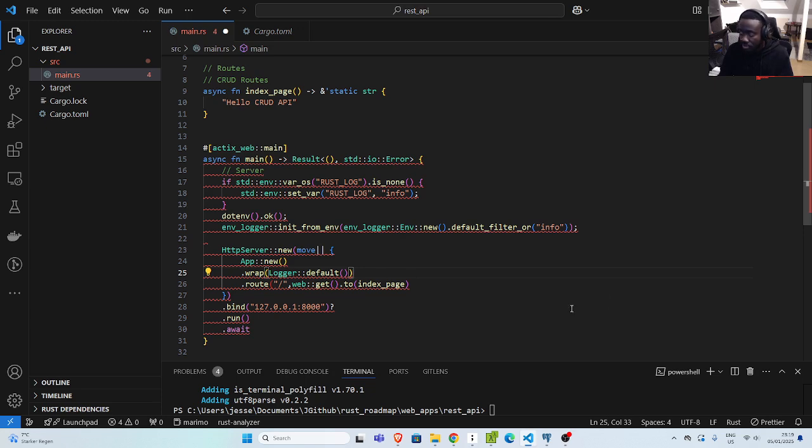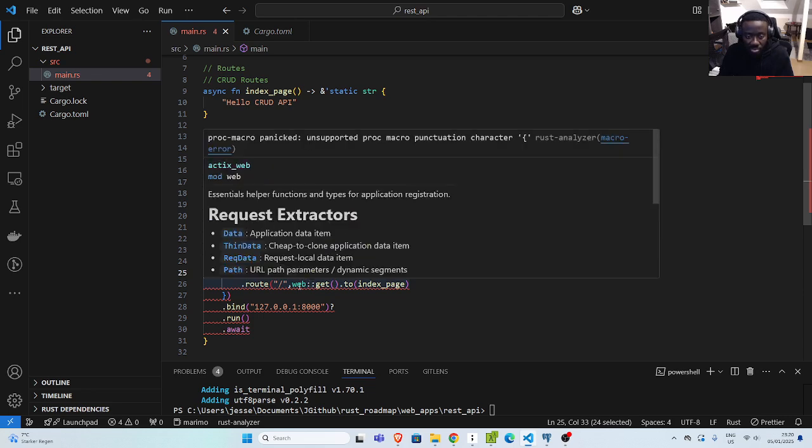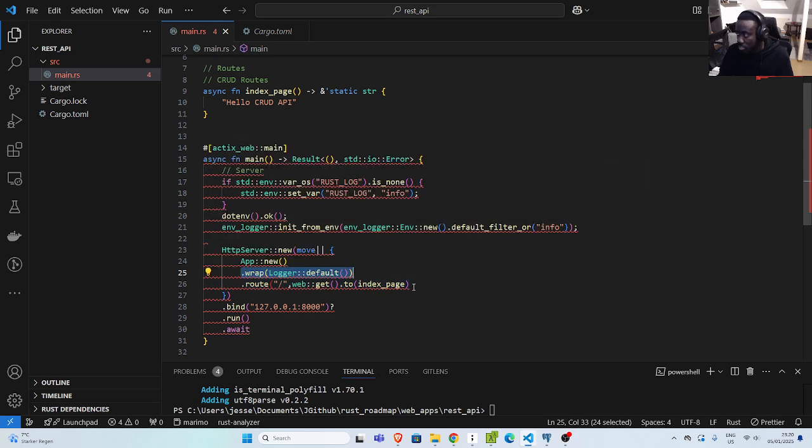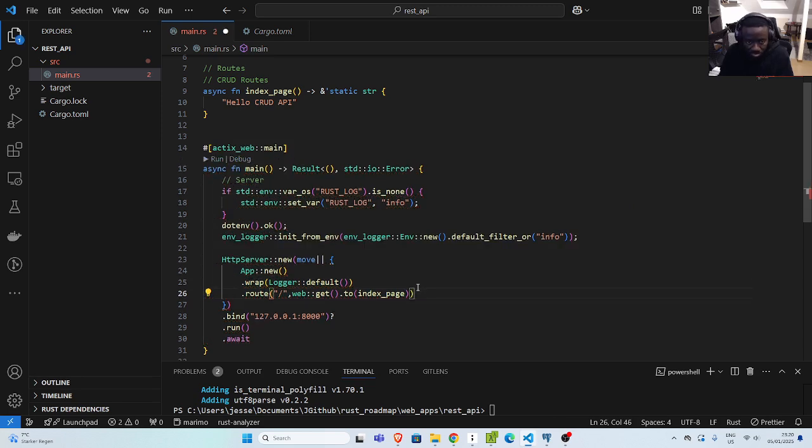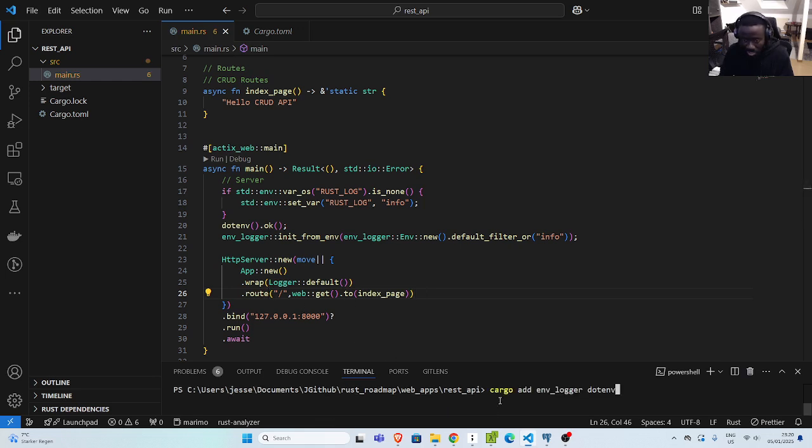We have the route. So the reason we are having this error here is that there is something that we are missing. So we create a new app, we create a logger to log everything, and then we specify that we want to get the web, then get to the index page that we want it to be, right? So this we have to close, and then once we close it, we can run our app. So in case I want to run it, I can just run our app like this. So cargo run,